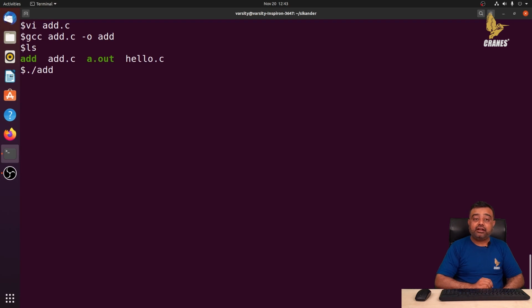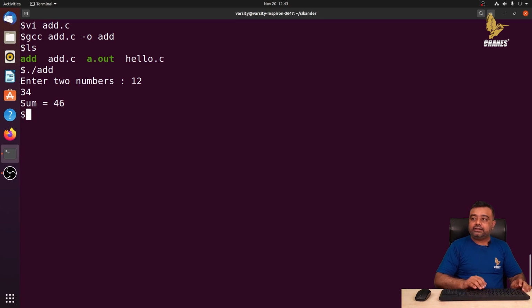I'm running it as a foreground process, and remember here it is waiting for an input. As long as you don't give the input, it will never continue further, and until you complete this program you will never get the prompt back. I can enter the numbers, or if I leave it for hours together, it will keep waiting for the input to be entered, and once the input is entered it will continue further and then complete this program.